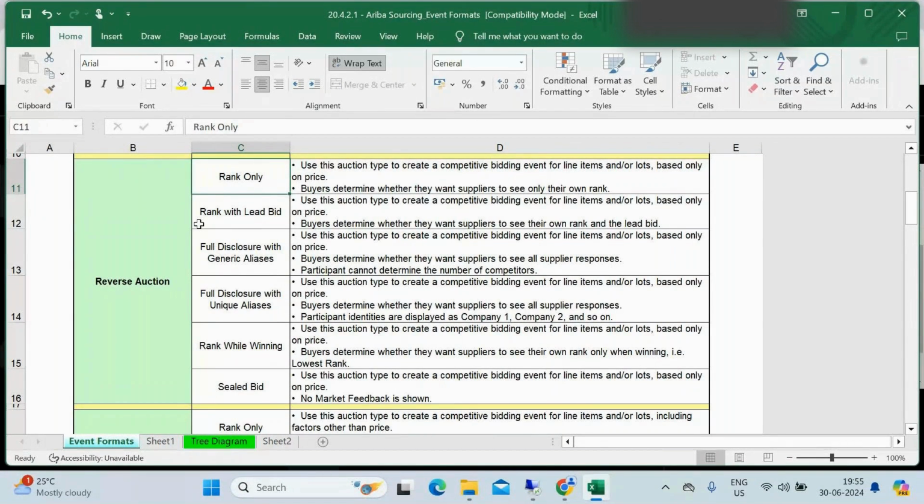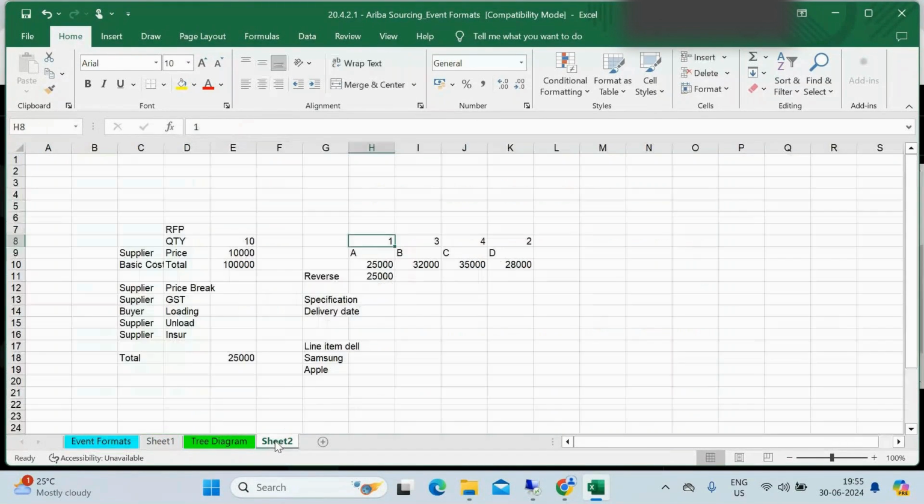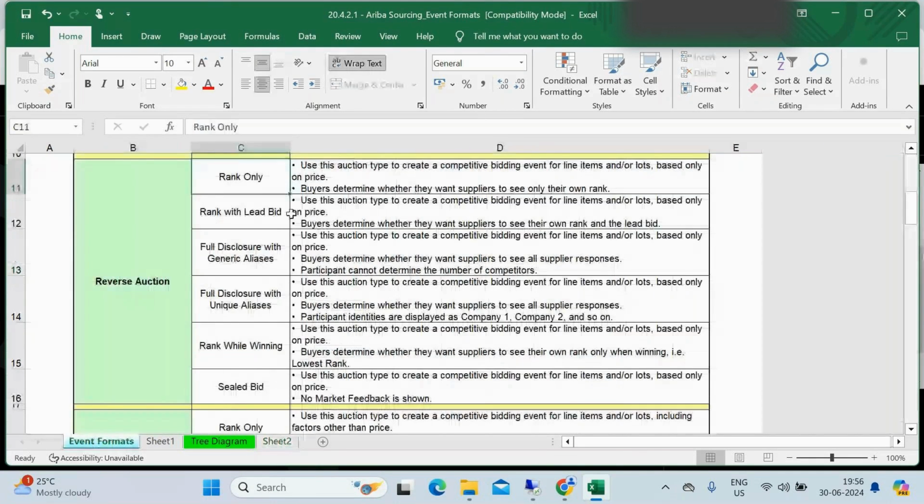What does rank with lead bid mean? This rank will show the price for this supplier, so 25,000, if you want to disclose the price to suppliers, in a way where their rank and the lead bid below are also shown. What will full disclosure with generic aliases show?